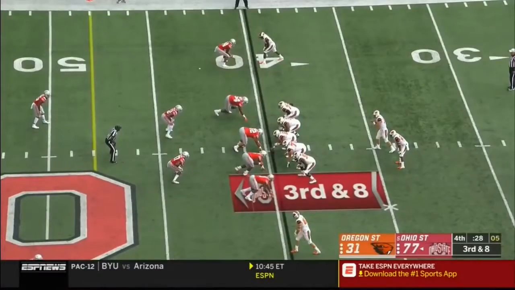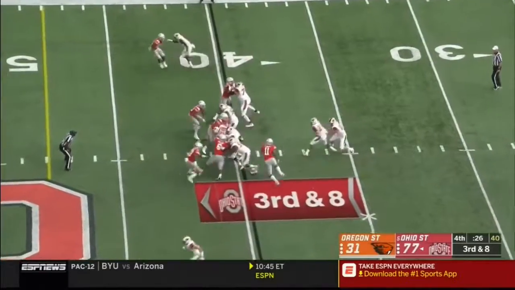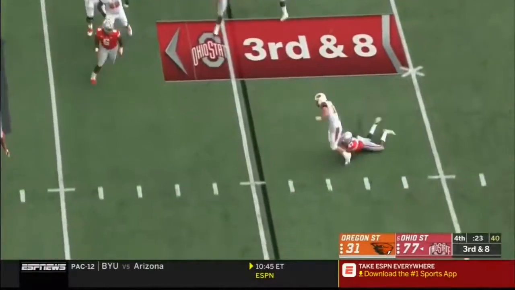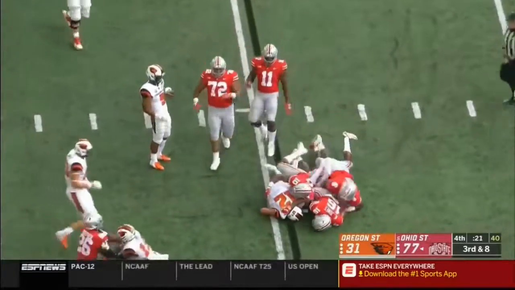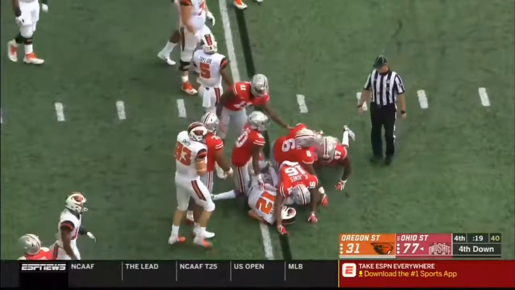Right. How many points would Oregon State score on Ohio State's defense? I would have said way below 31. I'm impressed with their plan, with the way they executed, and Ryan